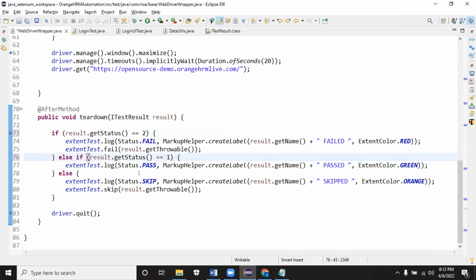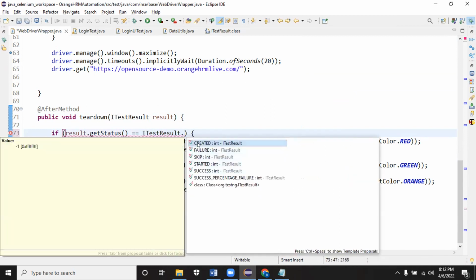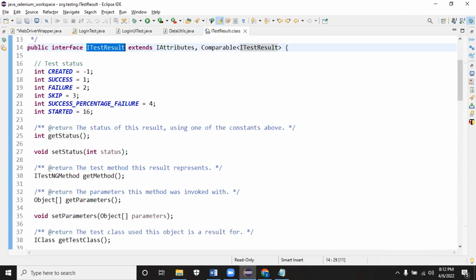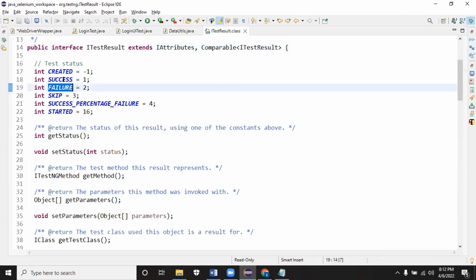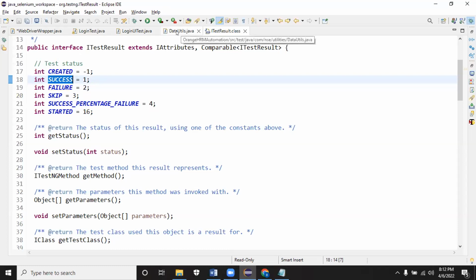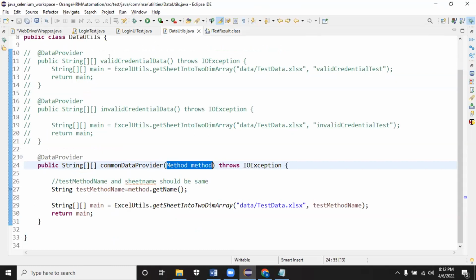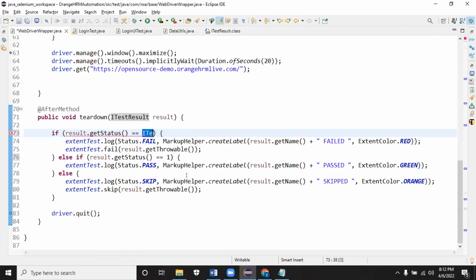Remembering the values will be quite difficult. That's why we are using ITestResult. It has lots of static variables, having values like FAILURE equal to 2, SUCCESS, just storing the integer and calling the static variable. So over here, I'm just using this concept, ITestResult.FAILURE status.